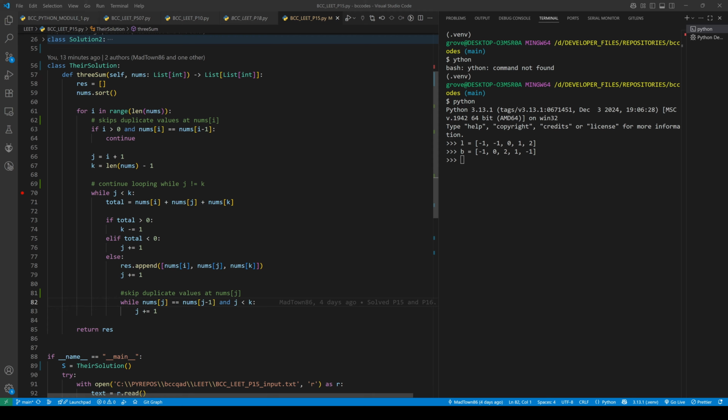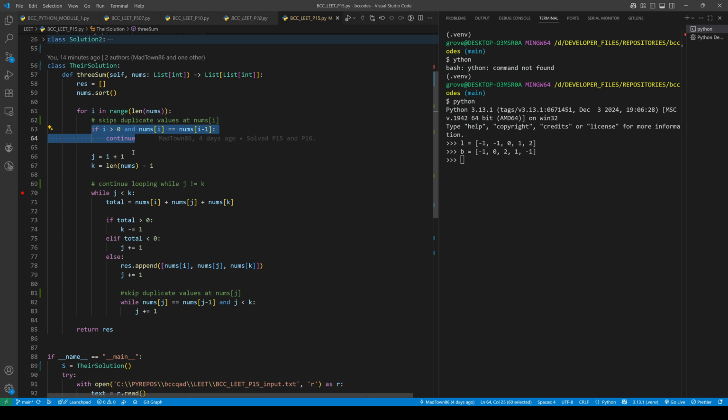So they started off just creating an empty container with your return values called res, and then they're going to sort their list. And this is important just to understand that if you're going to use the two-pointer methodology, you need to have a sorted list. Their overarching outer looping mechanism for i is going to iterate through all index positions, and this line of code is going to check against duplicate values at the i index position and just skip over them to save on